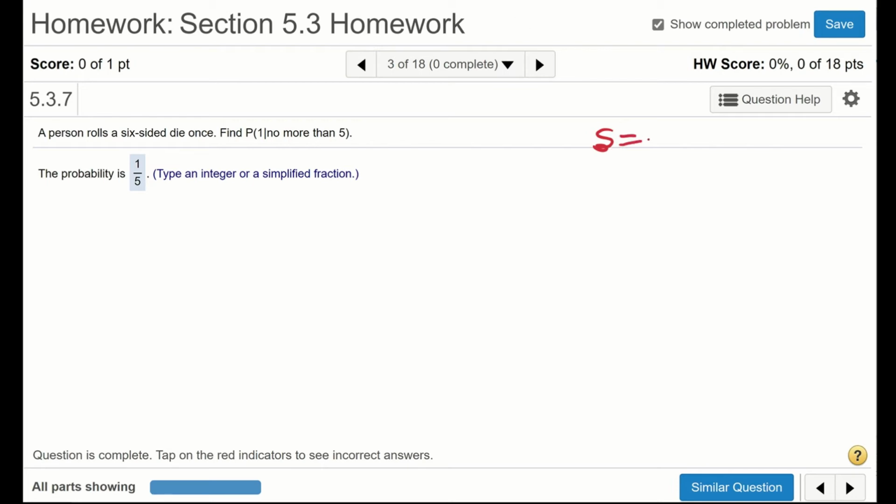Okay, we know the original sample space contains 1, 2, 3, 4, 5, and 6, right? Now, the modified one for this requirement,